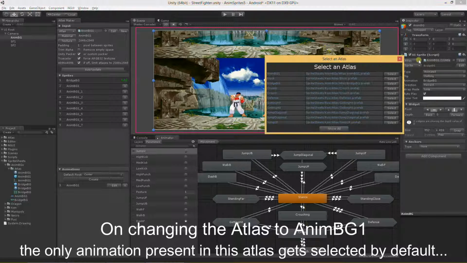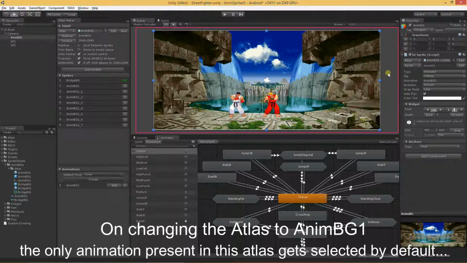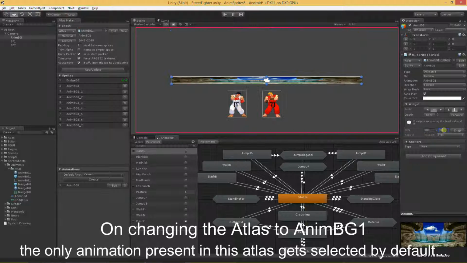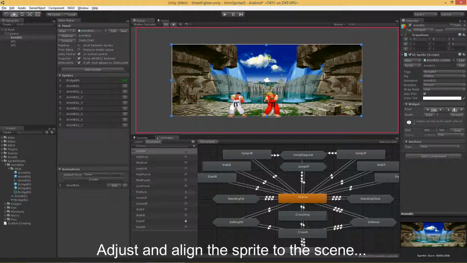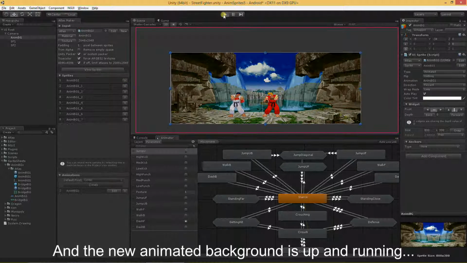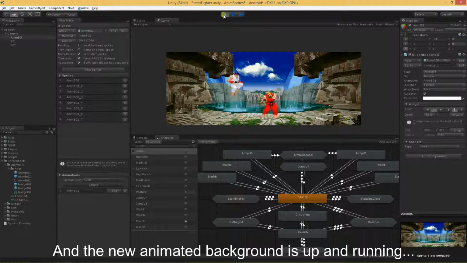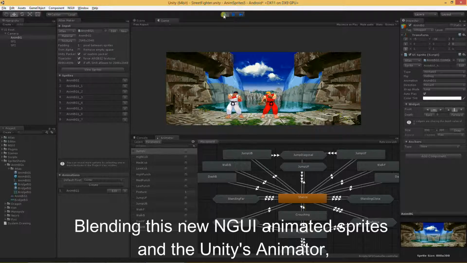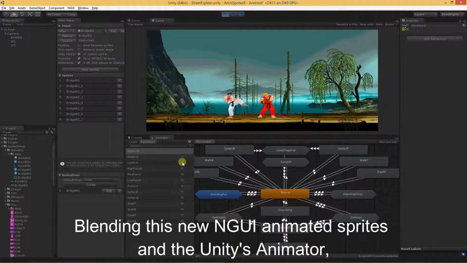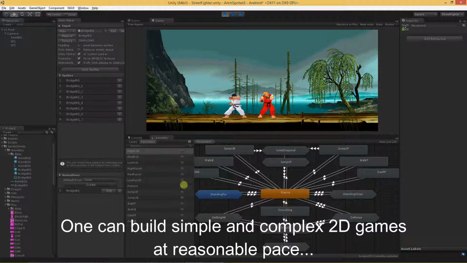On changing the atlas to the Anim BG1, the only animation present in this atlas gets selected by default. Adjust and align the sprite to the scene, and the new animated background is up and running. Blending these new NGUI animated sprites and Unity's animator, one can build simple and complex 2D games at a reasonable